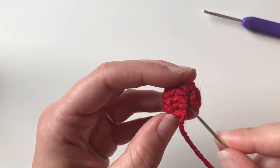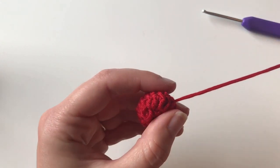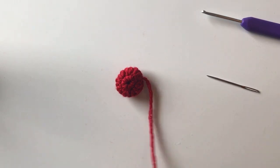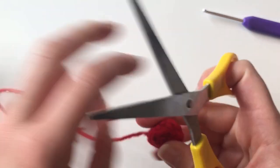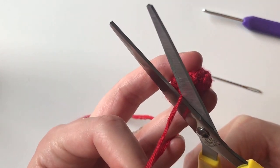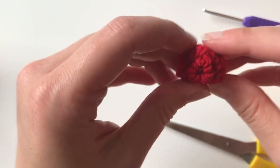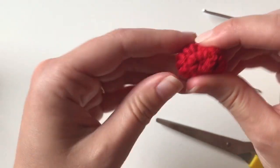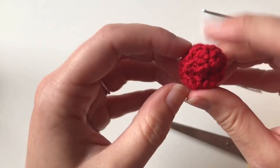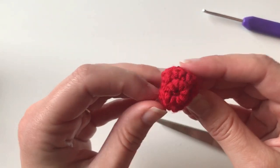and I think I'm going to go back through once more, just so I know it's really secure, because most likely these will be played with by children. I'm going to take my yarn needle out, grab my scissors, and I'm just going to pull this nice and tight, and then snip it off. My yarn tail, and then I'm just going to pinch my raspberry around a little bit where it's gone out of shape, and there you have a very cute little